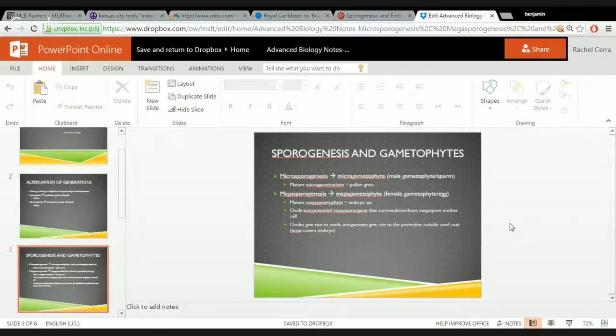You've got your spore, we'll start at the top again with your sporophyte. You have a mega and a microsporangium in your ovary and in your anther. It's going to give rise to your mega or microspore mother cells, which go through meiosis to make your mega or microspores, which then go through mitosis to gain more nuclei, and you end up with your megagametophyte and your microgametophyte, which would be your